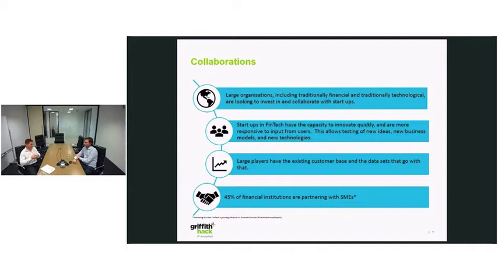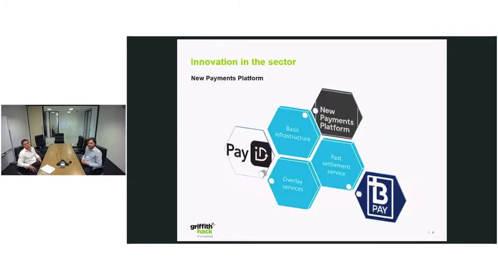Now we've got a couple of examples here. We could put many examples of different fintech projects, but we're just going to talk about a couple here. The first one, which I think is quite an interesting example of intentional collaboration between a variety of players, and quite interesting for us in the Australian market, is the so-called New Payments Platform, which has really come out of discussions between the banks, the governments, and some other players. We're talking about the big four banks, who wanted to really provide a platform from which they could develop new products in payments.